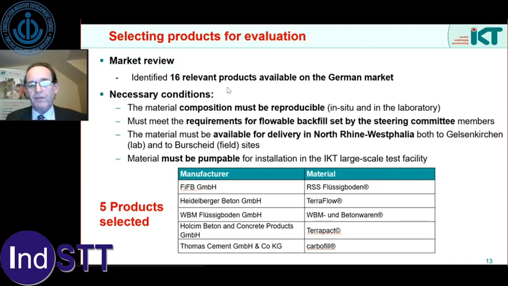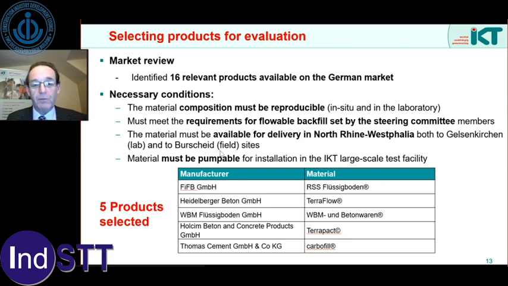We selected products. Now, there were 16 relevant products available on the German market that were discovered. This is in the last couple of years. The project finished this year. We looked at what we wanted in terms of composition of the material, the requirements set out by the steering group. It was important that it could be delivered within the state of North Rhine-Westphalia to our laboratory in Gelsenkirchen,